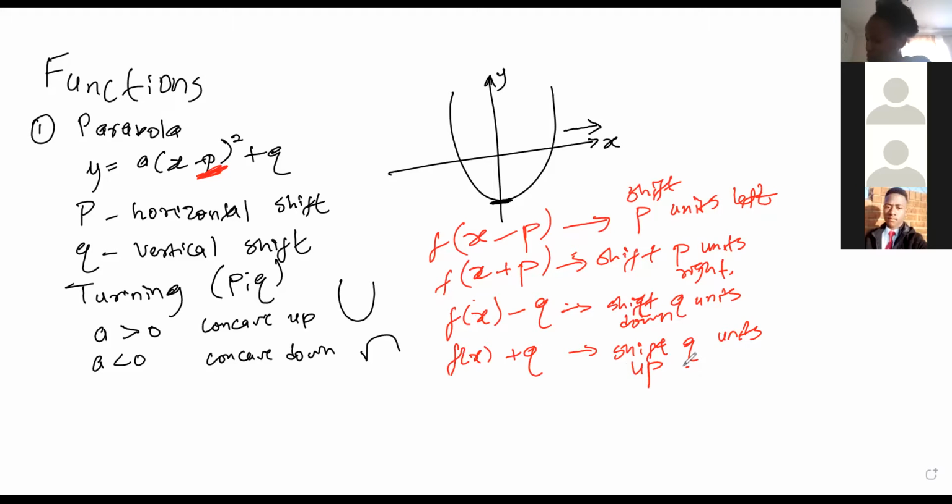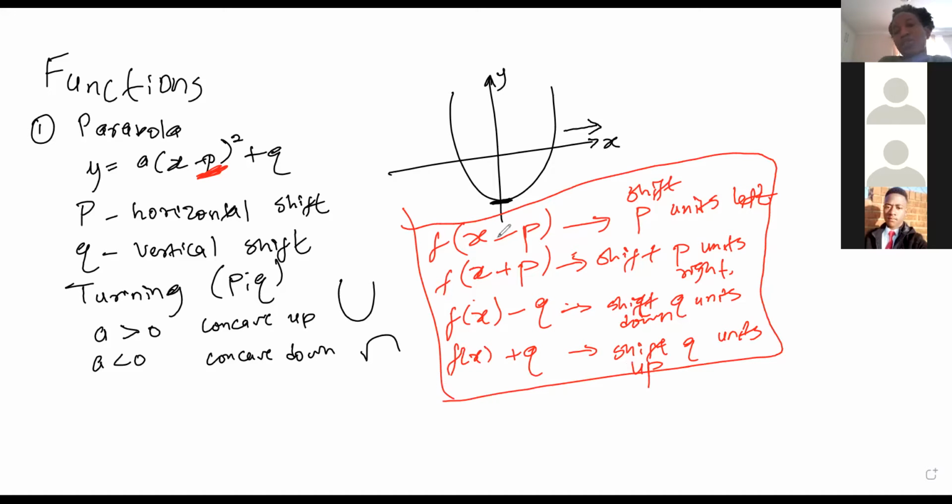Okay, so that is that. So this is a parabola, and this is applicable for all types of graphs, even if they change the value, but we'll just do one example. When we do an exercise, you will see this part. Then let's try